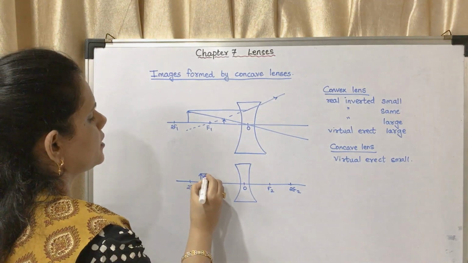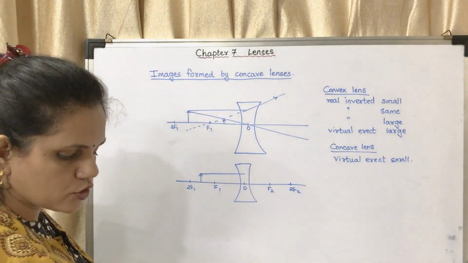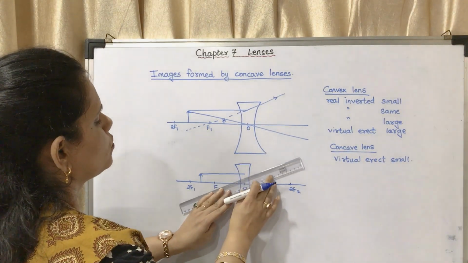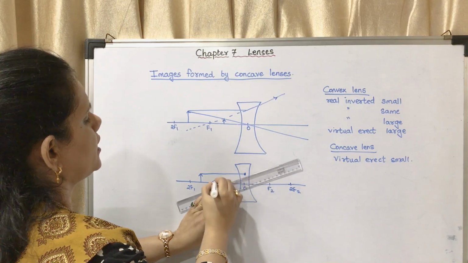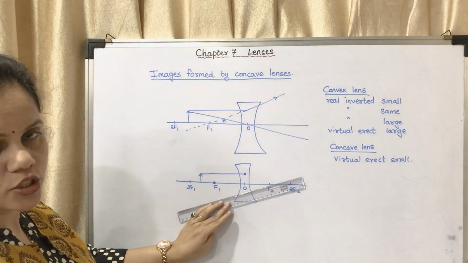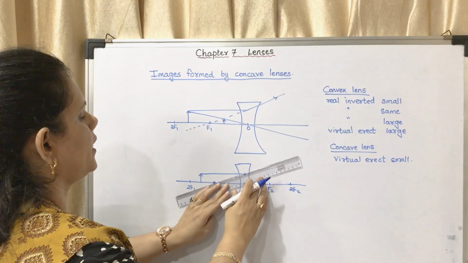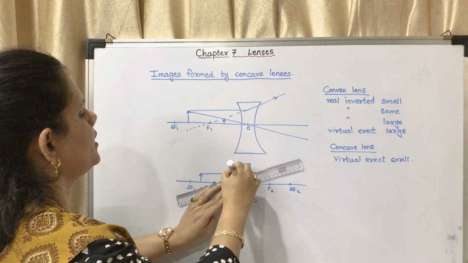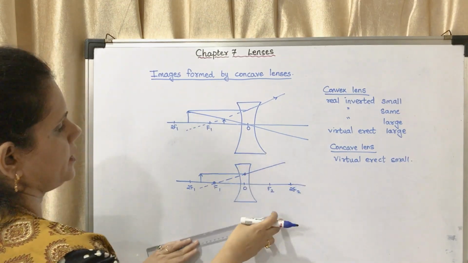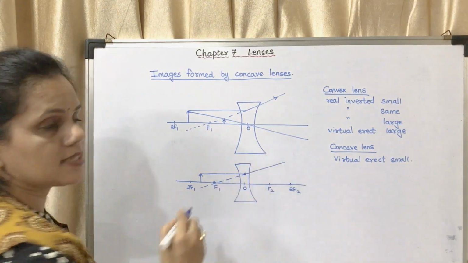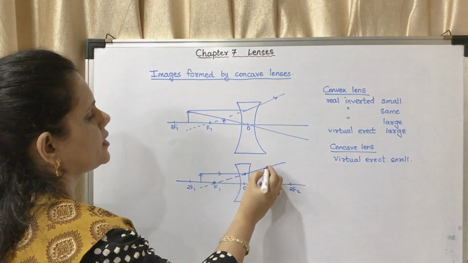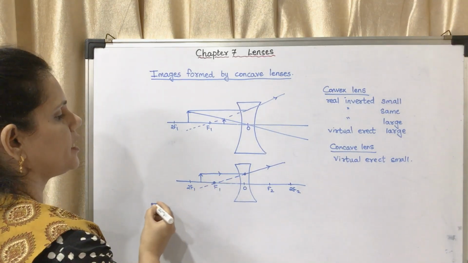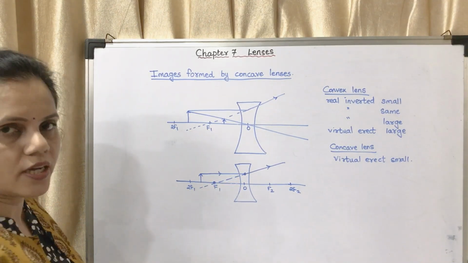The ray which is passing parallel to the principal axis, you have to stop there. Then you have to take a scale. You have to mark these 2 points, this point and this point. These 2 points should be matched, and then the line should pass like this. This should be the dotted line and this will be the straight line. So this is the incident ray, this is the refracted ray. When the refracted ray is taken backwards, it passes through the focus.